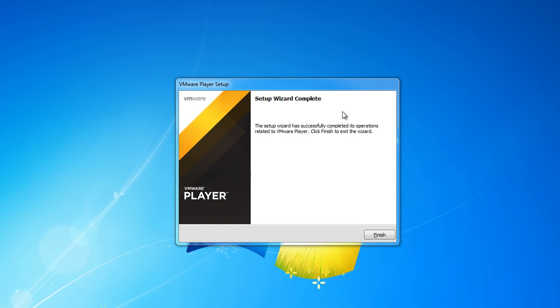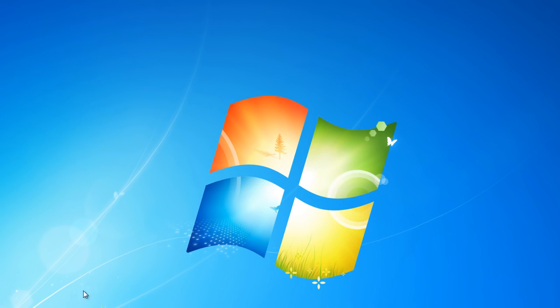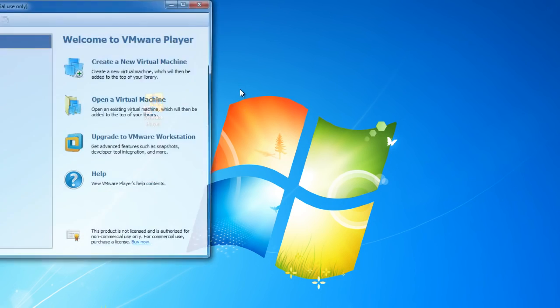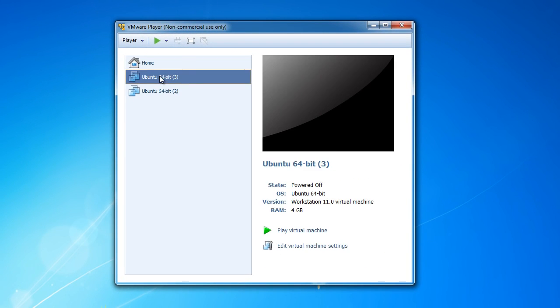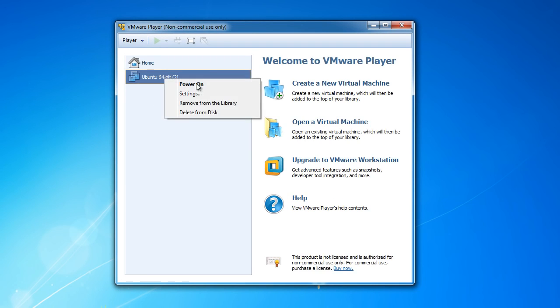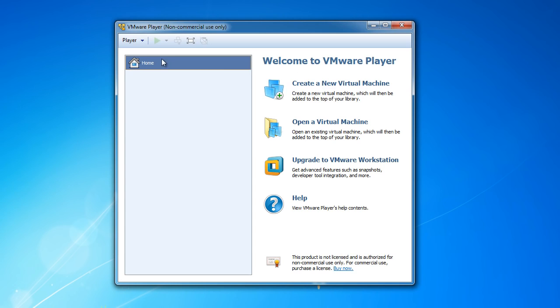How easy was that? So once it's done, click finish, and let me drag this over so you guys can see, and we now should have this shiny new icon on our desktop. So we can click it, and boom, there we go. So you're not going to have any of these. In fact, let me remove these. So let me just remove it from the library. So yours is going to look like that. The reason that I had those is because I had virtual machines before. I actually just uninstalled this and installed it for the tutorial.